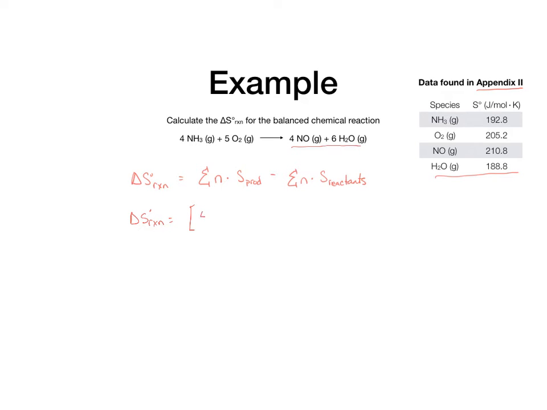So I have 4 moles of nitrous oxide times the 210.8 joules per mole times Kelvin plus 6 moles of water times the 188.8 joules per mole times Kelvin